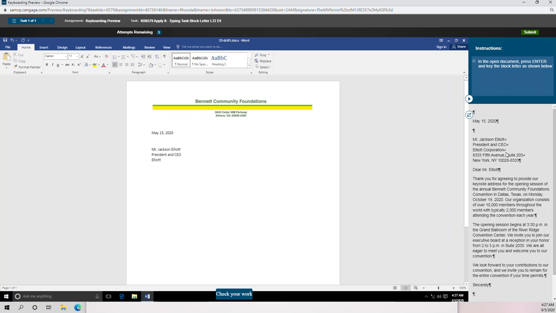Elliott Corporation. Shift enter. 8333 Fifth Avenue, Suite 203. Shift enter. New York, New York, 10028-